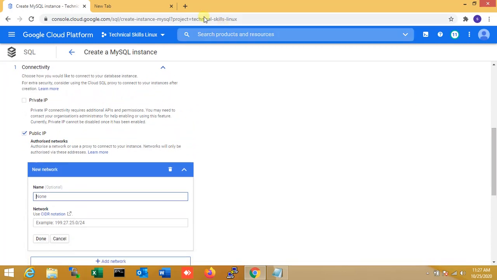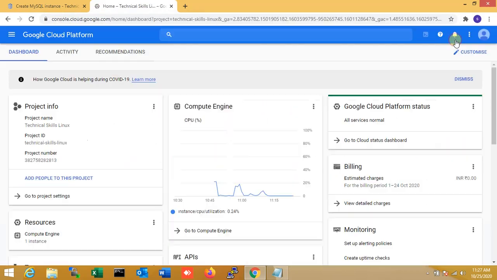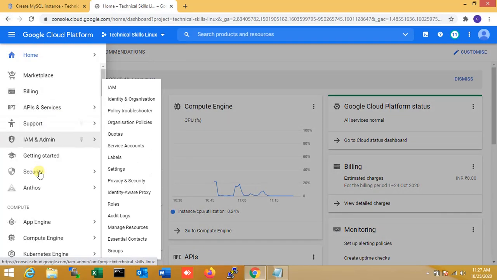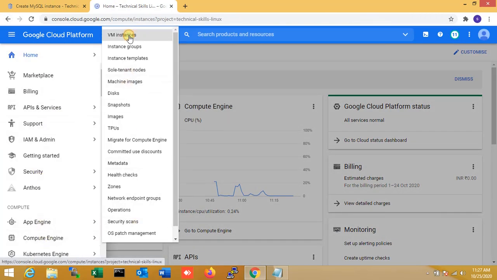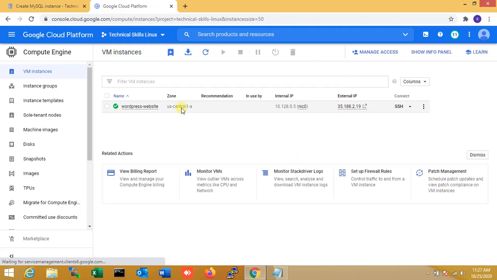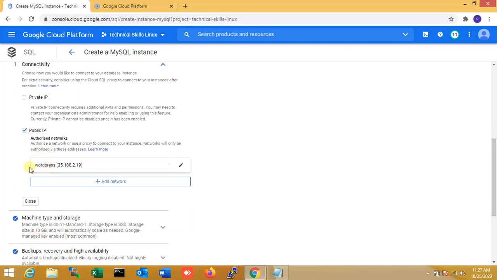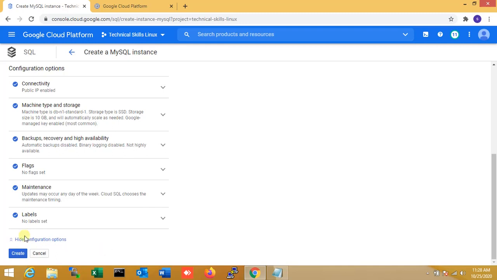But here I have already created my WordPress server, all right? So I have to put the WordPress server over there. For that I'm just going here and clicking on my VM, because I have already created my WordPress LAMP server and it is ready. So that's why I'm opening the VM, copying the external IP here and adding it with the name WordPress. So here is just the name and the IP. Now add, right? So you can see that the public IP is added. Now close this. Now create it.